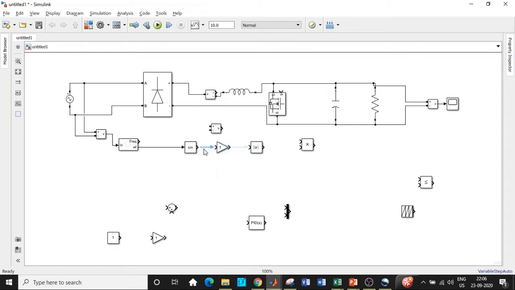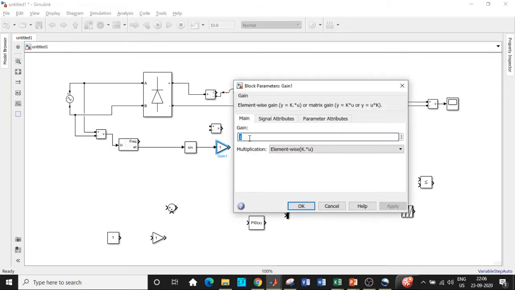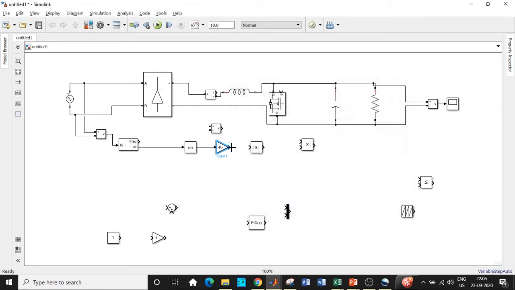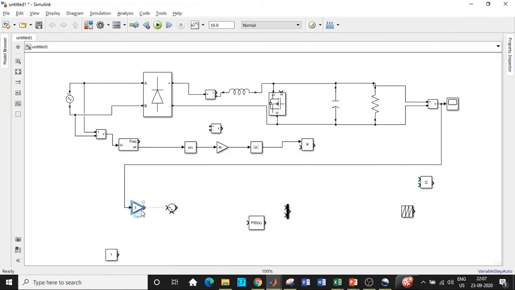So what is the value over here? It is root 2, 1.41, just to obtain the peak value of that particular signal. So you'll be multiplying it with root 2, and you'll be giving it to an absolute value block. So it basically gives the absolute value of the signal. Once that is done, I'll be giving it to this point, and consequently let us talk about the feedback path as well. So over here I'll be taking a tapping directly at this point, and we need a gain block. So use this as the gain block, and I'll be placing this here in this position.